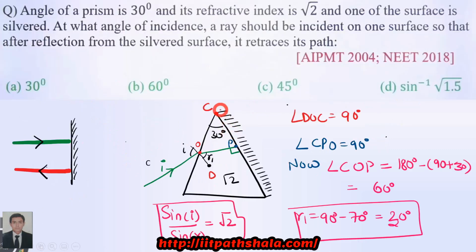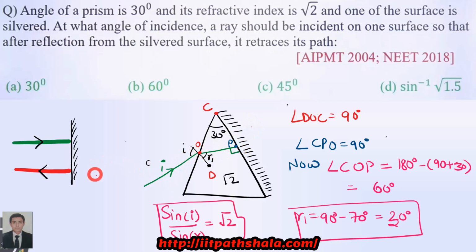So let us talk about the following question over here. Now in this question you are being given a prism which is carrying an angle of 30 degree, a refractive index of root 2, and one of the surfaces of the prism is being silvered. Now you are being asked, with what incident angle you should incident your ray on this prism so that this ray retraces its path. So according to the concept of retrace, because now you are having a mirror and you are having a ray retracing its own path.